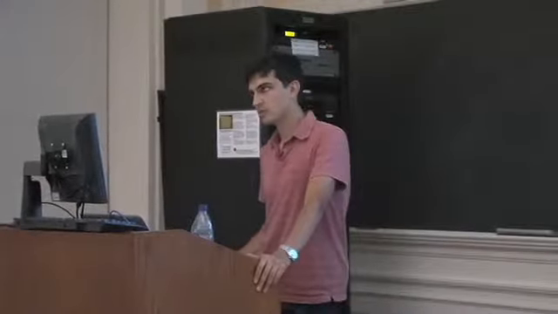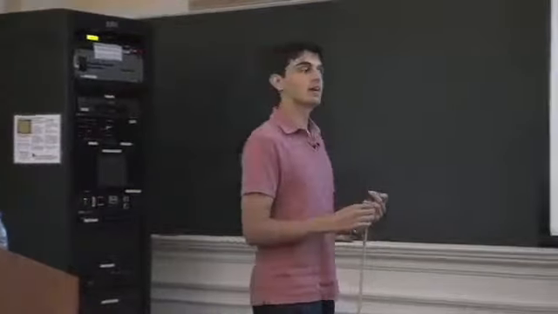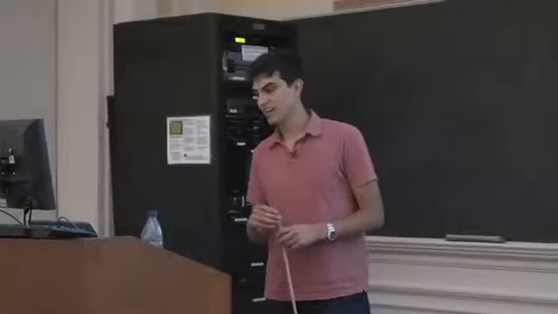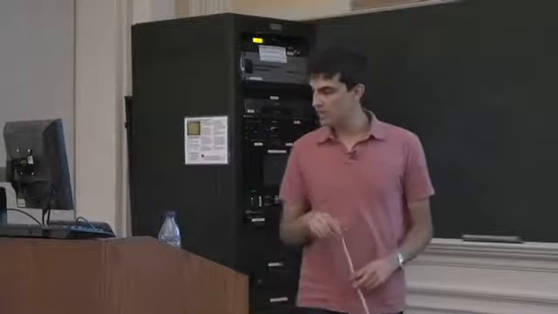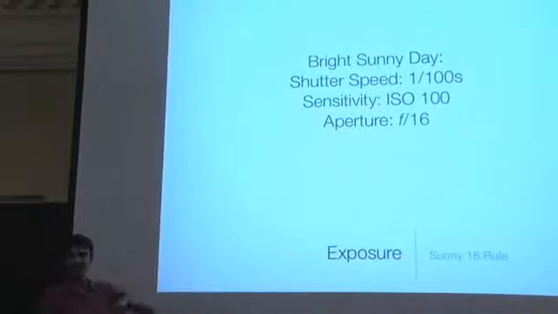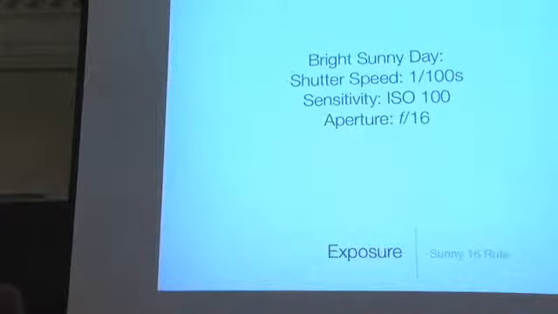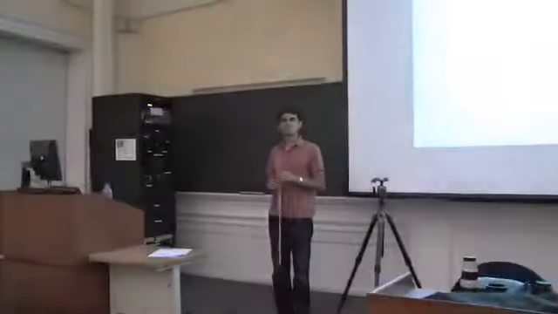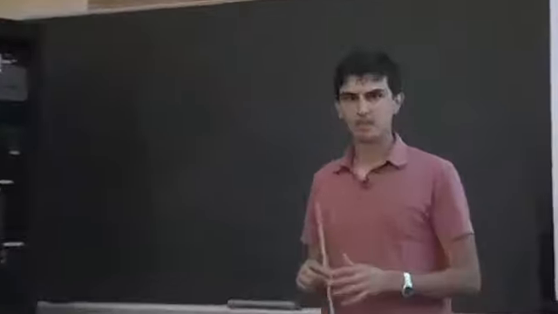Now, just to give you an idea, let's say you are outside and it's nighttime and it's a full moon, and that is generally about, I have notes here, 18 to 19 stops darker than the Sunny 16 rule. So if you kept the ISO the same and the aperture the same, 18 to 19 stops slower is actually a shutter speed of, any guesses? No. Any other guesses? Longer. It's about 50 minutes long.